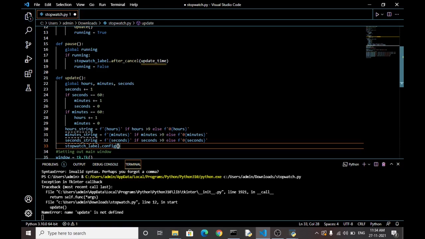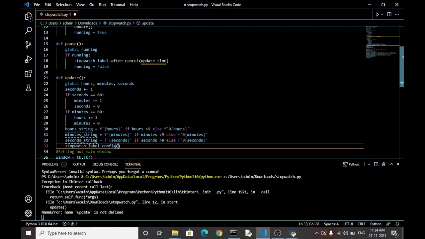Then I'll give a plus, and do the same: another colon inside upper commas, close them, give a plus sign, and write seconds underscore string. Okay, after doing that, let us close this bracket, click enter, and we'll write global